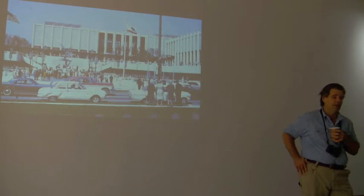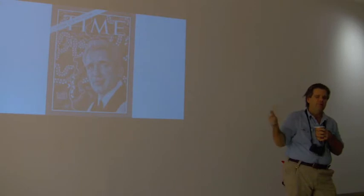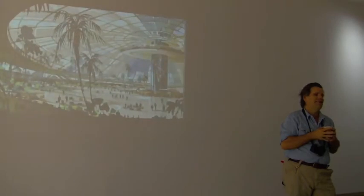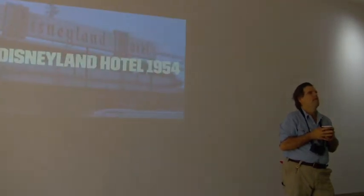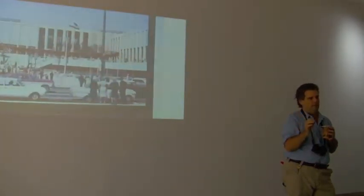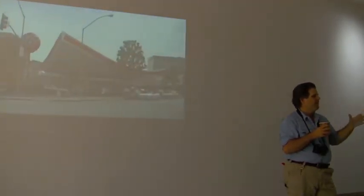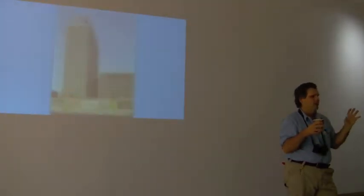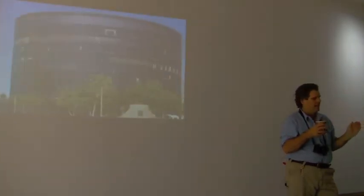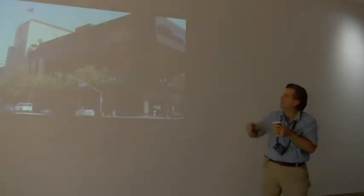The 4th building, UC Irvine, this building, LACMA, and the 4th building, which is the last slide in these 10 slides I have, is the William Pereira 1973 addition to the Times Mirror Corporation building. So at the Los Angeles Times, we have photos, but there's the iconic 1935 Gordon Kaufmann Art Deco building, which everyone loves. The 1949 Mirror addition, which they built for the Mirror paper that failed. And then in 1973, the